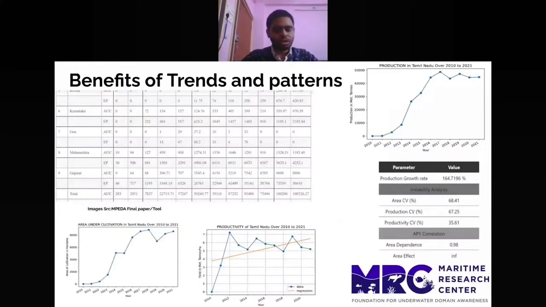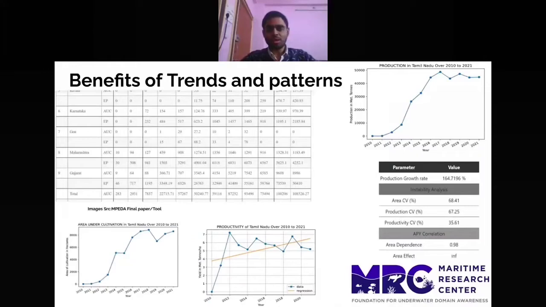Let's say on the top left, you can see that there is a lot of data. That data cannot be understood directly. And even if one tries to calculate the parameters, he has to first tabulate all of this into an Excel sheet, make graphs and tabulate using certain formulas. But what if all this data can be fed to a tool that is managed by just two to three persons?